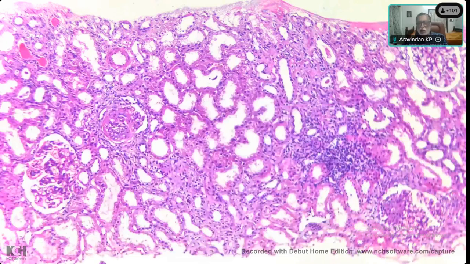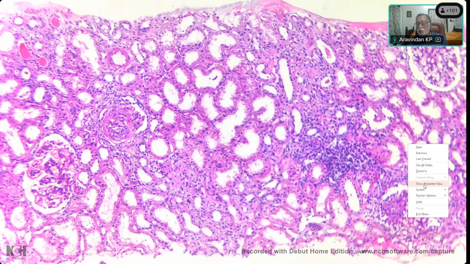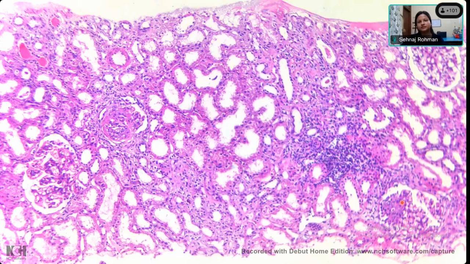Here again you see some interstitial inflammation. There's one sclerosed glomerulus you see here. Yes. Okay. Another intact one. And here what do you see? The tubules are dilated. Okay, I should be using the pointer, no? So here, this glomerulus I'm talking about. Sir, it looks sclerosed, sir. One part of it only. See, this part is sclerosed, this part is normal. So there is segmental sclerosis in this. Yes, sir. Okay.